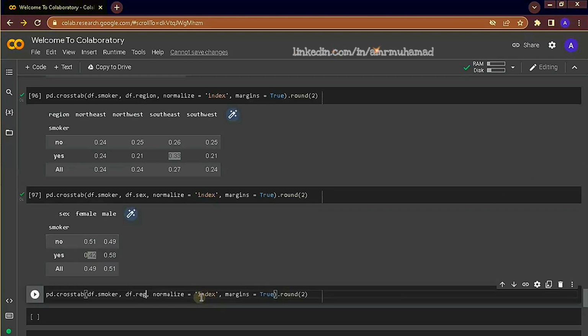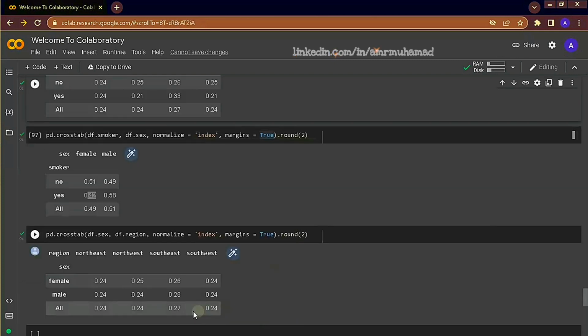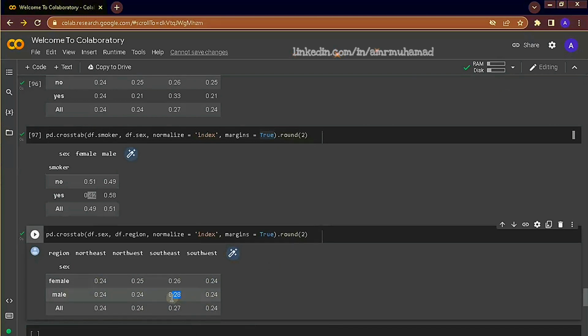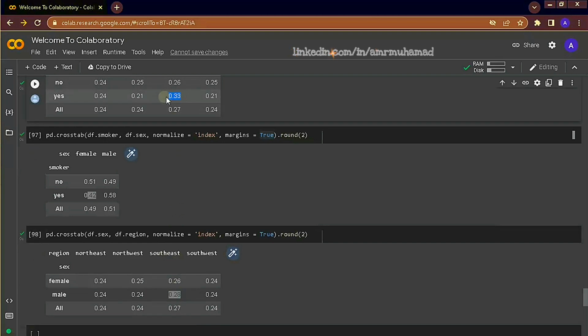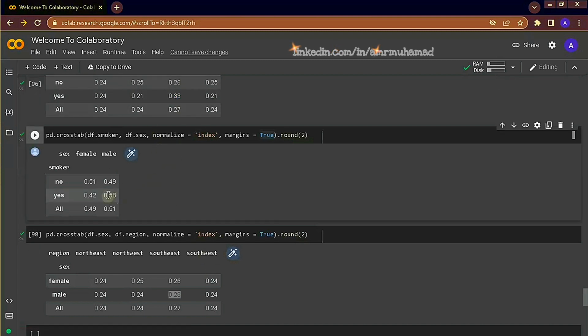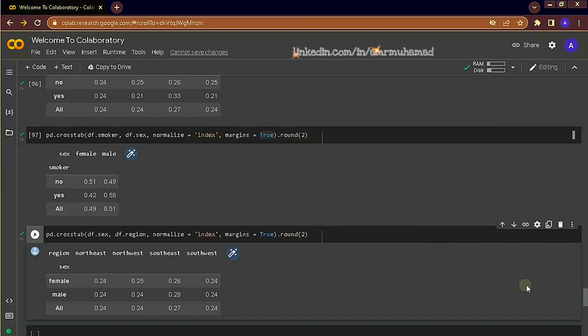Lastly, let's look at gender in terms of region. There's actually no difference between regions in terms of male and female. We can see here that males tend to be slightly higher in the Southeast region, and we know that the Southeast region tends to have a slightly higher smoker group than other regions, and we know that smokers tend to be slightly higher in males, so it all makes sense that the Southeast region has more males that are actually smokers. So this is one way to understand the relationship between a categorical feature and a categorical feature.